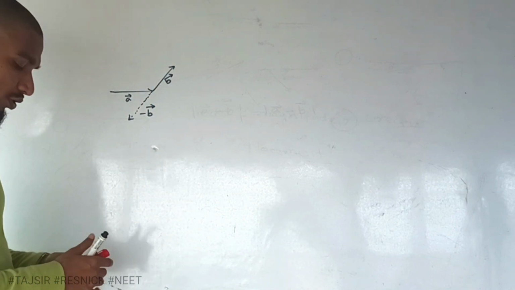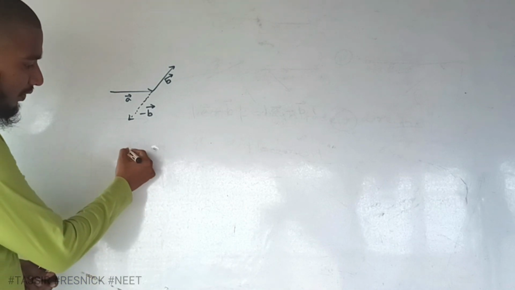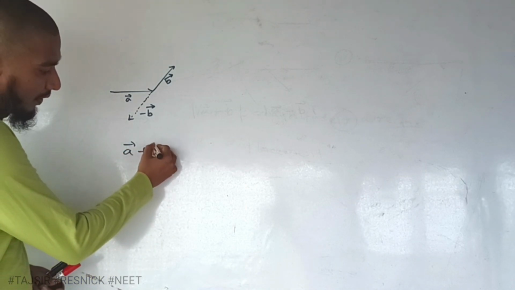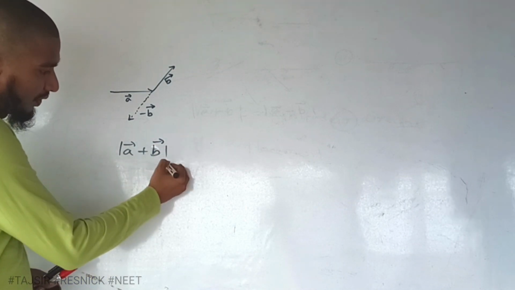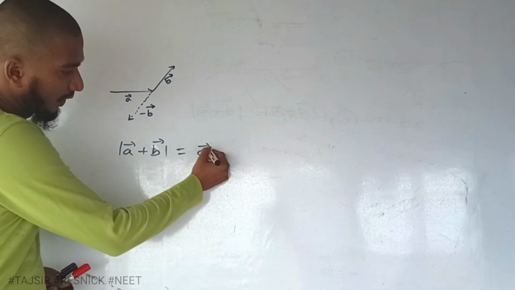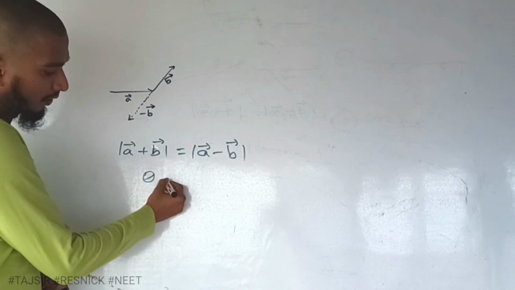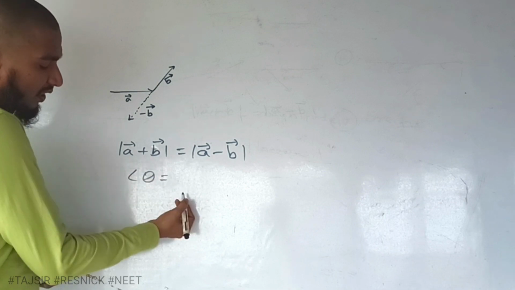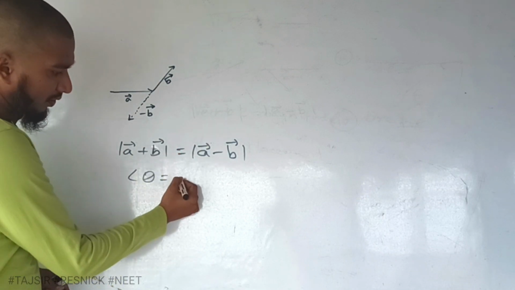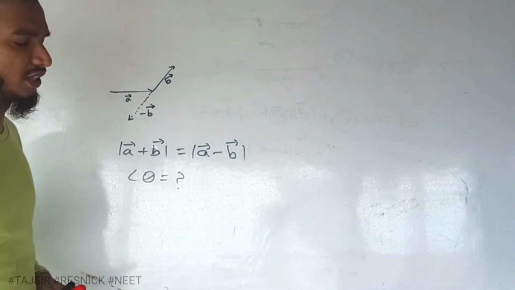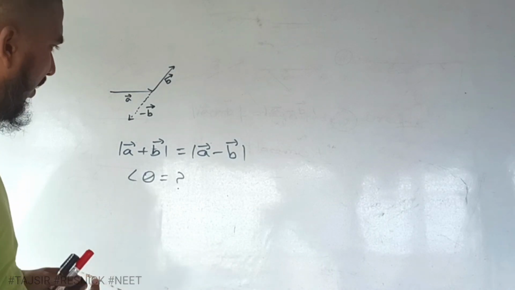So according to the question, what we are given is that the magnitude of A plus B is equal to the magnitude of A minus B. Then what is the angle theta, any angle theta, between the two vectors? This is the question. What is the angle between the vector A and B? So